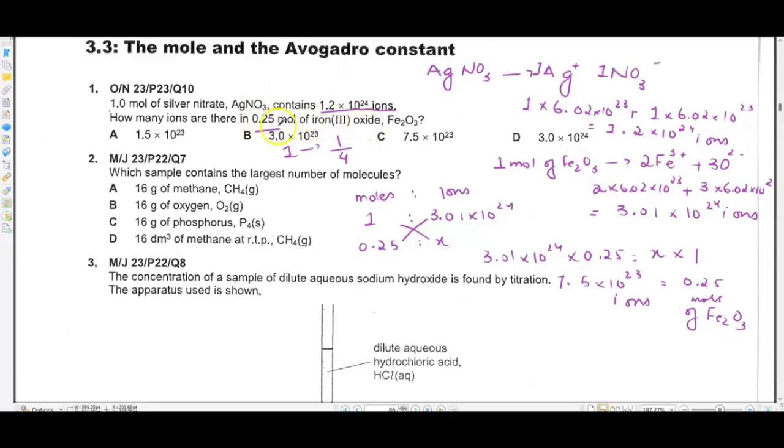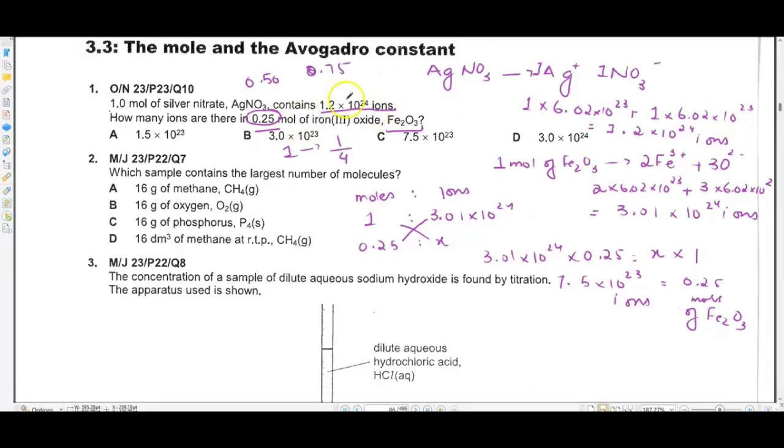Whenever you have to find a specific number of ions in a specific number of moles, what you need to do is find how many ions are there in that compound. Okay, and after you've identified that, multiply the number of ions with the Avogadro's constant, which is 6.02 into 10 raised to the power 23. Then you will have the number of ions in 1 mole, and you can find out how many ions are there in whatever moles that you require. You could also find that in 0.50, 0.75, or whatever number that may be.